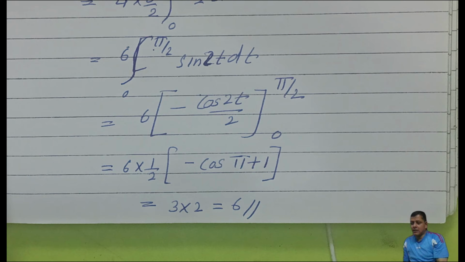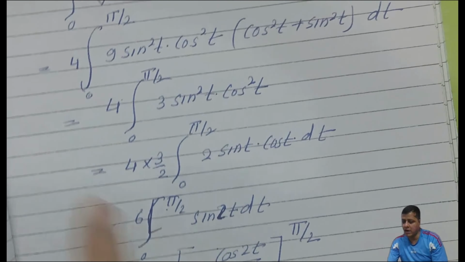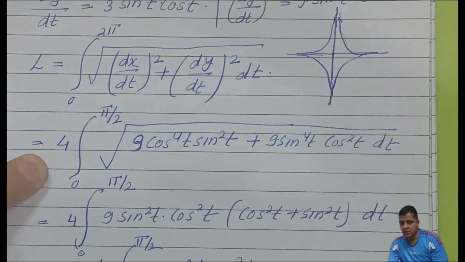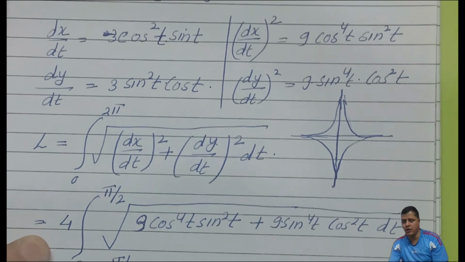So that's what we got: find the length of the asteroid. How did we get it? We got it by doing a simple thing: we multiplied by 4 for the equation that we had done earlier. It's an asteroid. If they say that, you should know its structure, then it will be easy. In the beginning, x is equal to this and y is equal to this, where the limit is given as t from 0 to 2 pi.